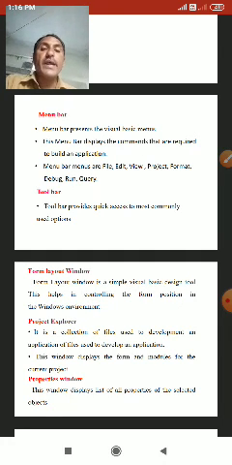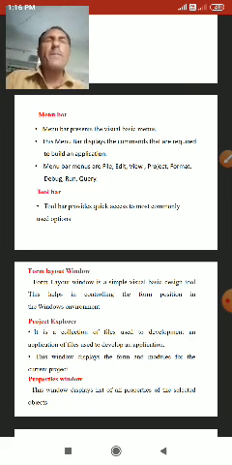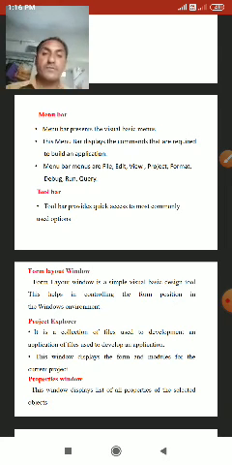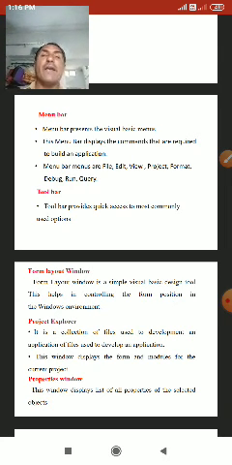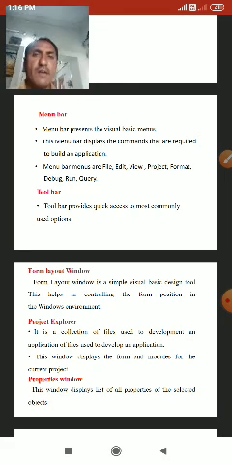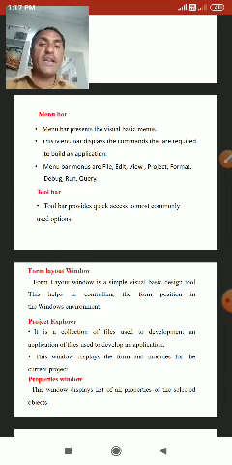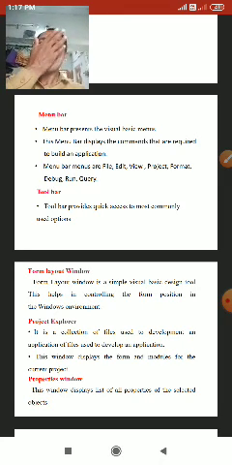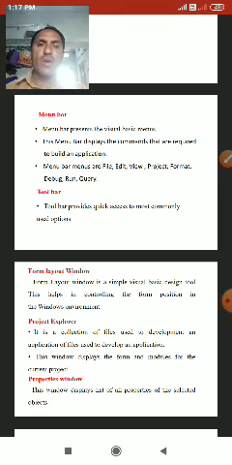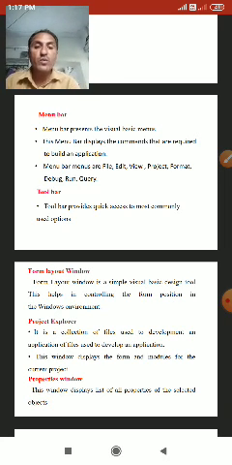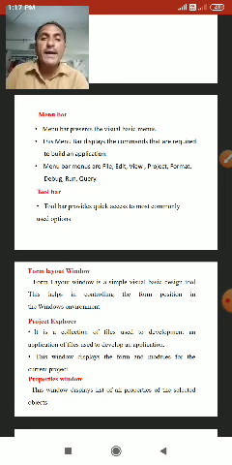This menu bar displays the commands that are required to build an application.